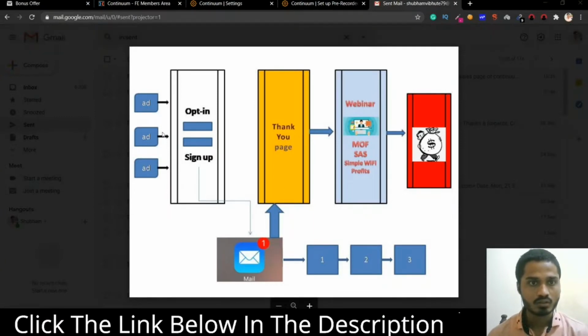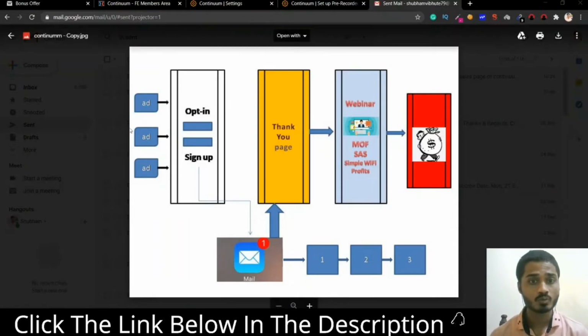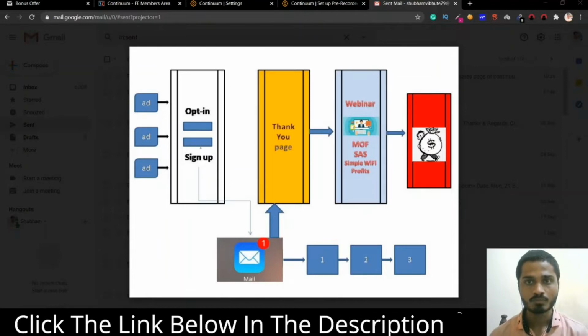When you send traffic to your funnel by running Google ads or Facebook ads, they will jump into this page, which is your opt-in page. When someone signs up to your form, they will be redirected to the thank you page and you get an email address from this person.